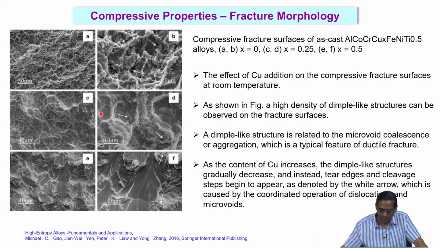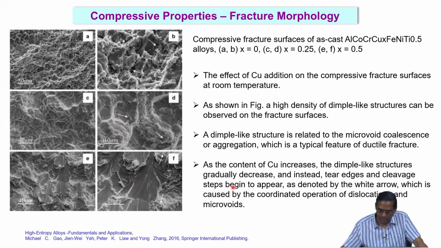And as the content of copper increases, the dimple-like structures gradually decrease. You can see that the dimples are coming down as you keep on increasing the copper. And what you see instead is tear edges and cleavage steps. So, these are all cleavages and tear edges you can see,